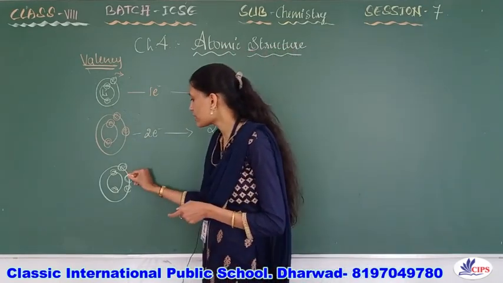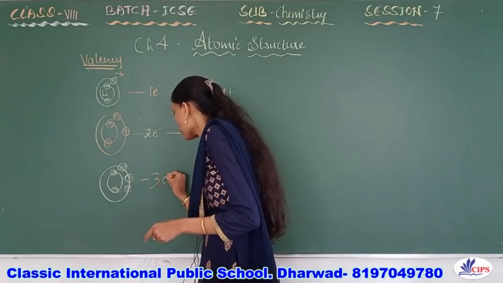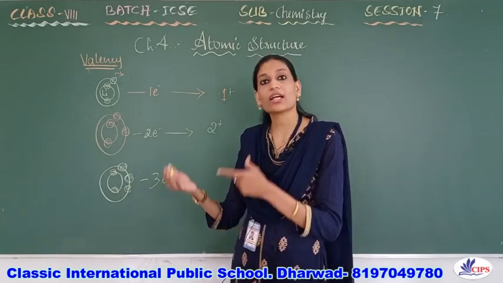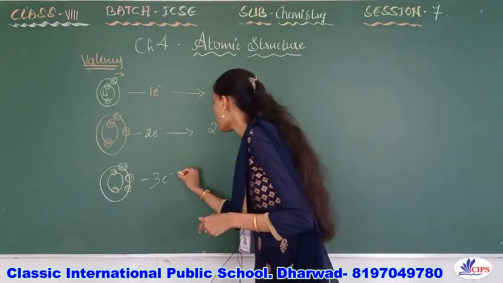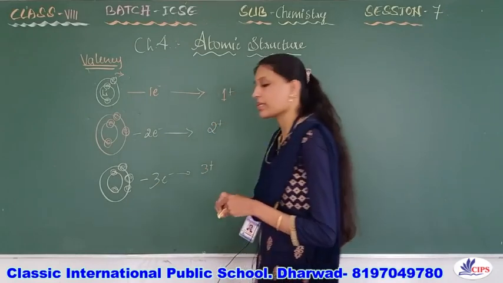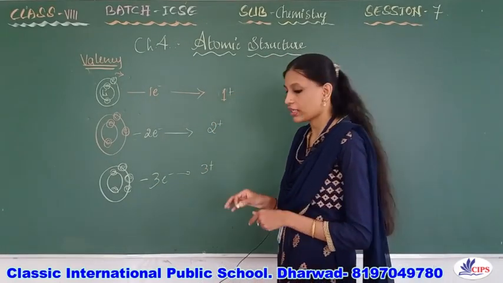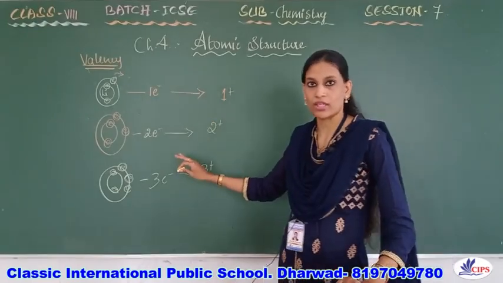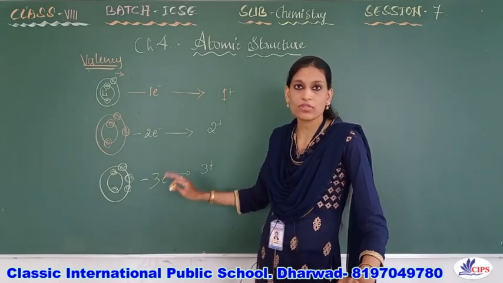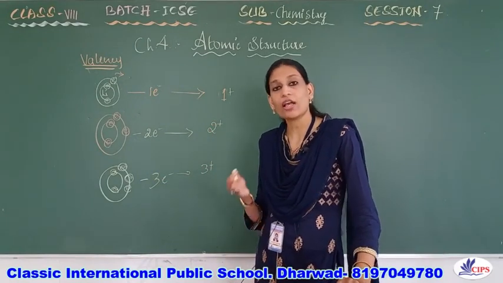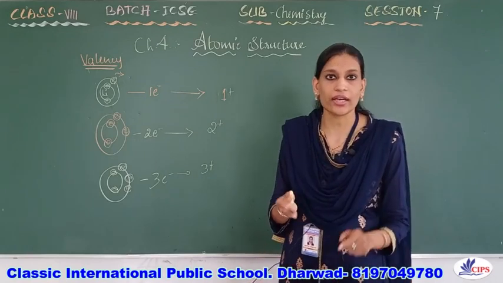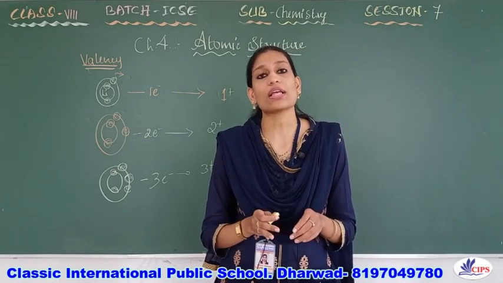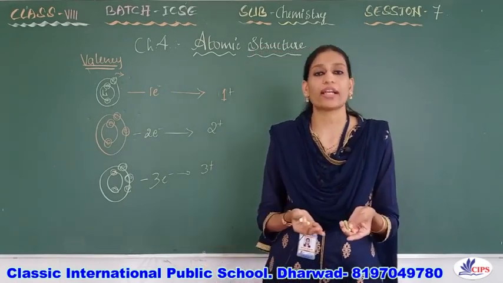Therefore what will it do? These 3 electrons will be lost. So when the 3 electrons are lost, there comes a charge on that atom, that is what we call a 3 plus charge. Okay. So all these atoms have lost their electrons, and out of the 118 elements in our periodic table, all those elements which lose electrons,